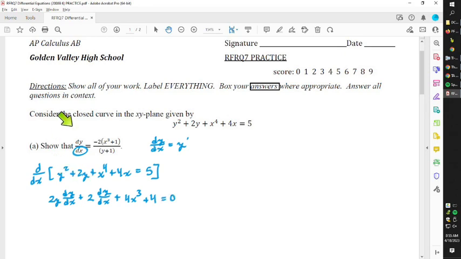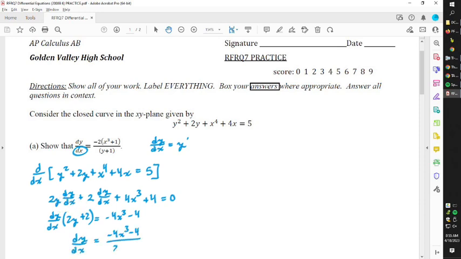Now, if we're trying to show that dy dx equals this, we have to get the dy dx alone. So you'll notice we have 1, 2, 3, 4 terms right here. 2 of these terms have a dy dx, and the other 2 do not. So I'm going to move the other ones that do not have a dy dx to the other side. Simple algebra. Now this side, I'm going to factor out the dy dx to get this. 2y plus 2 times dy dx. Now to get the dy dx alone, you guessed it, we just divide both sides by 2y plus 2, and